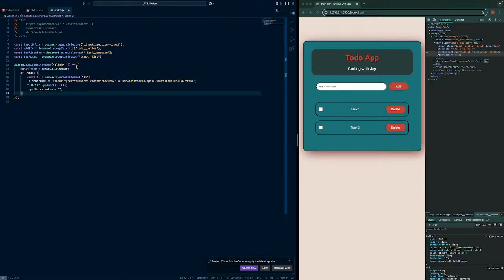Context equals if input value dot value. Yup, cool. If task, console equals document, document that create element li, enter HTML input section, append input value equals yep. Okay. Well, this is a great thing about having this right here, but I am going to change this